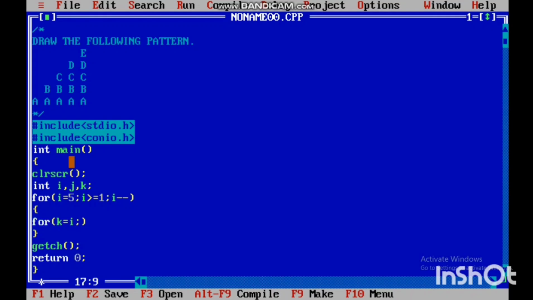So we take a variable j and initialize the value of j equals to i and check condition if j less than equals to 5 and j increment to 1, and inside this loop we print the outer loop variable that is i plus 64 and use the specifier %c because this is an alphabetic pattern